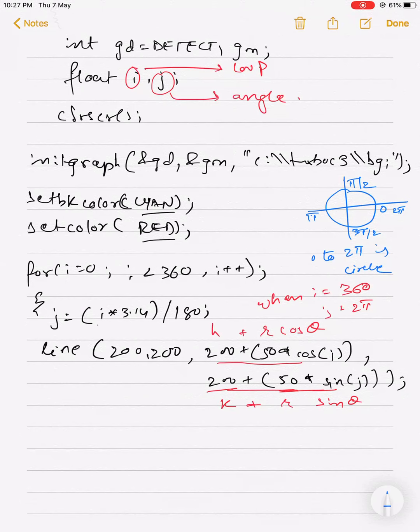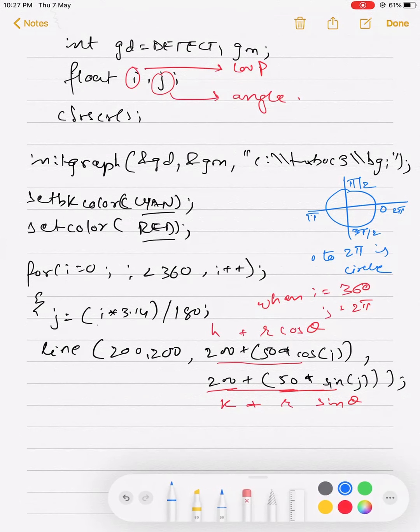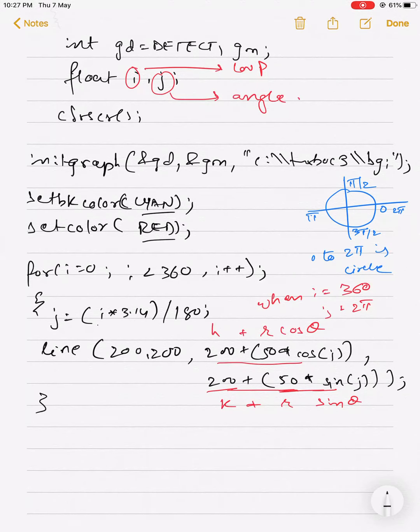This is a unit circle that you have already studied in 12th standard maths, so I'm not going to repeat this again. Then closing the for loop, getch, and closegraph to close the graphics.